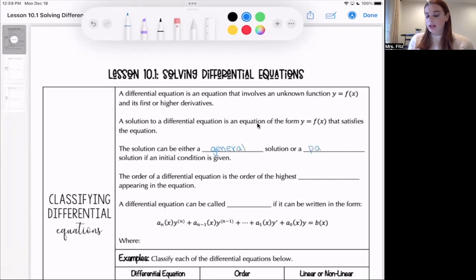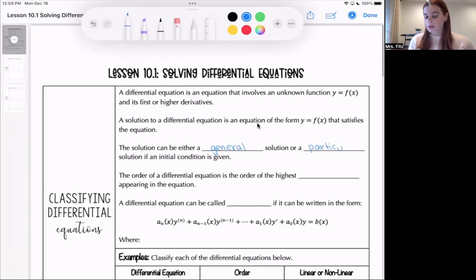Now, you are looking for a particular solution if you are given an initial condition. So they might say, find the solution to this differential equation given that f of 0 equals 6, right? Okay, the order of a differential equation is the order of its highest derivative